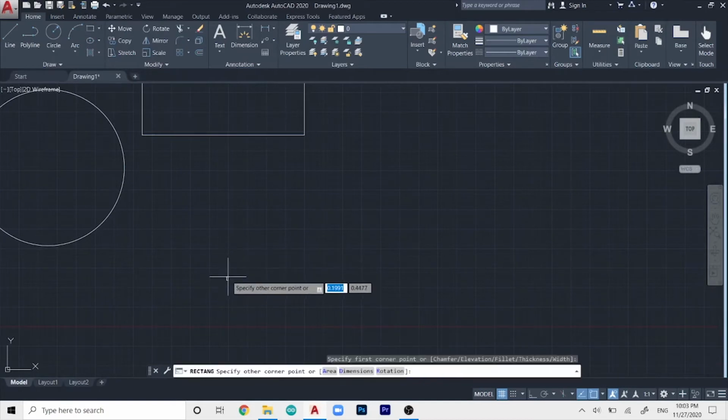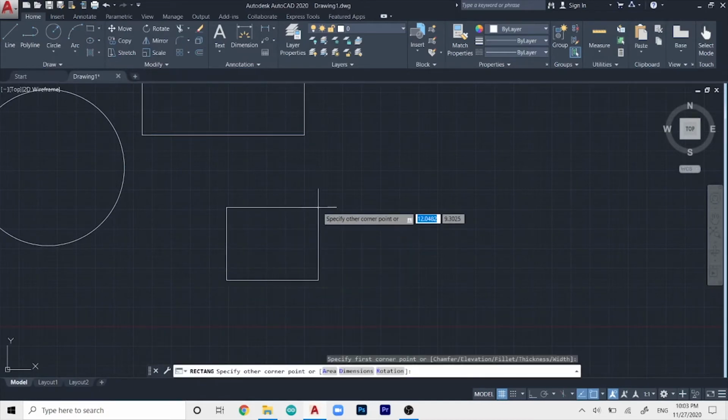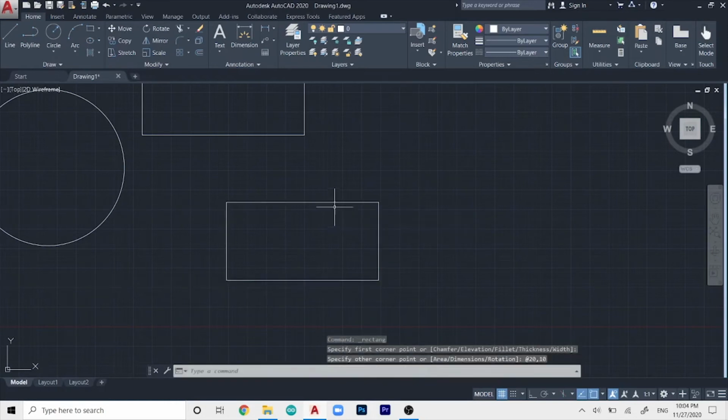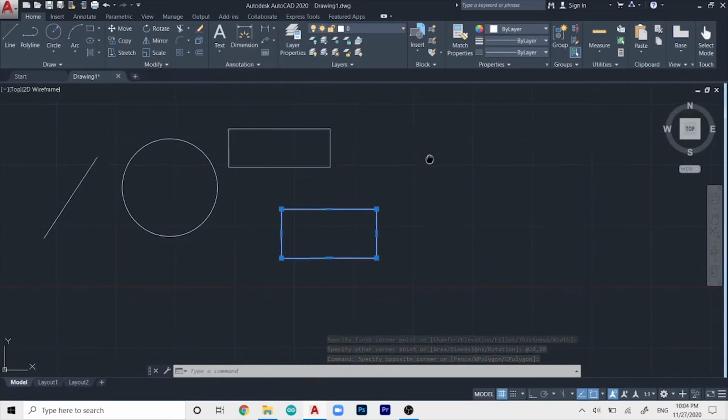So just start off at a point and then enter the desired length of the rectangle first. So let's say I want it to be 20, and then you have to press comma on your keyboard, and for some time the rectangle will go somewhere else, and then you have to press 10 or whatever your breadth is, and then press enter, and you will create a rectangle which is of 20 by 10 units. So pretty straightforward process.